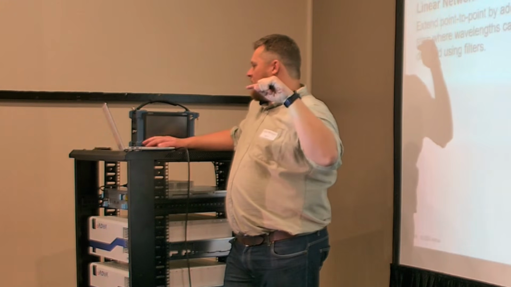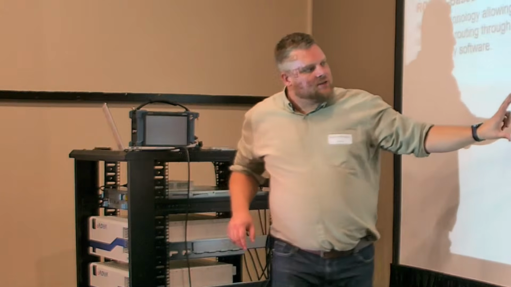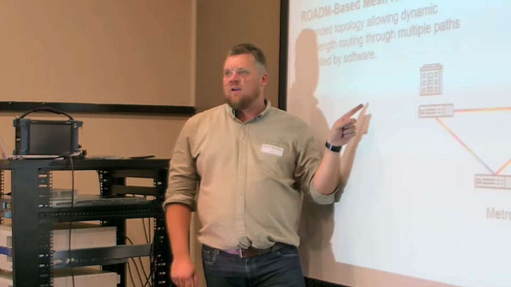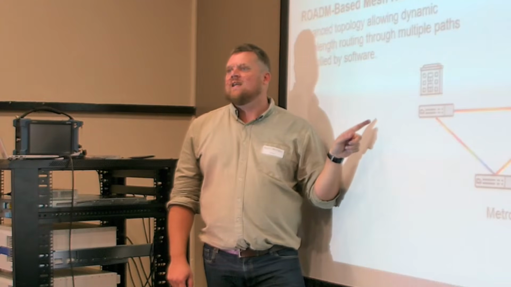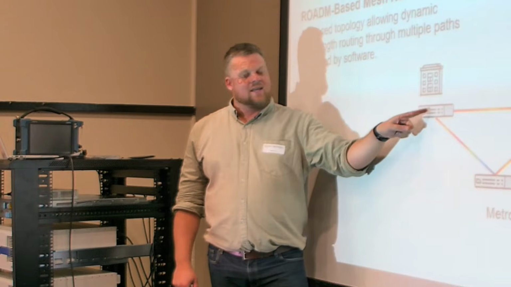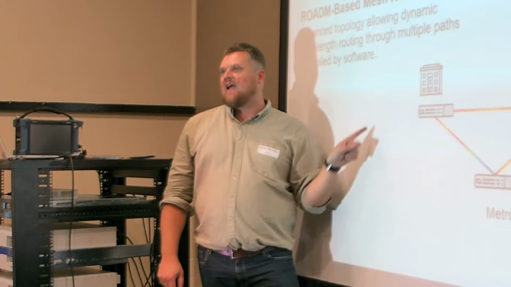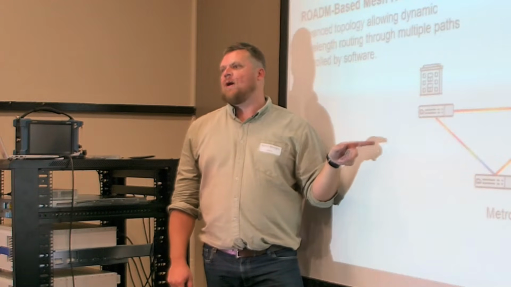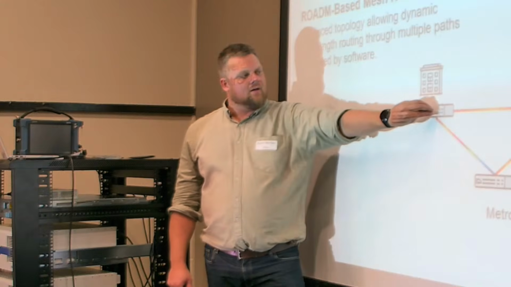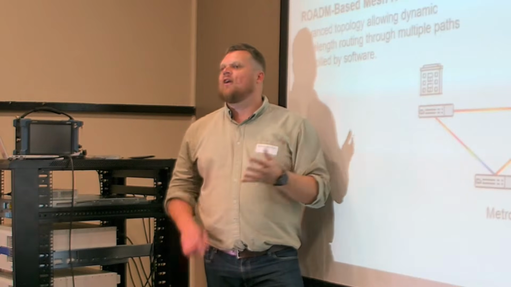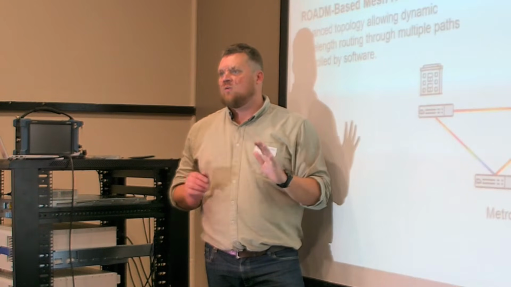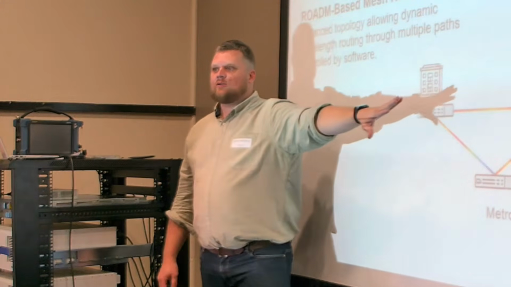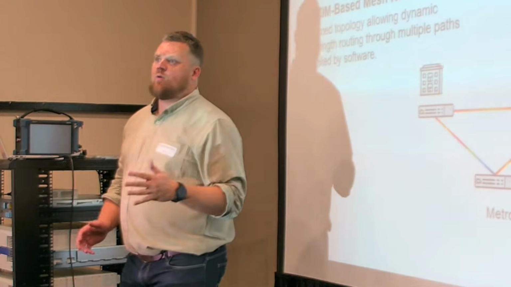So for argument's sake, if you've got this, but you've got an additional single node hanging off here, that could be a filter. It doesn't need a ROADM because this is the multi-directional node. So at your terminal node, you could have a fixed filter or a broadband filter or power splitter, right? But then you also have to be aware you have to do power management on that frequency and all that jazz. But if you've got multi-directional nodes, typically at every one of those nodes.